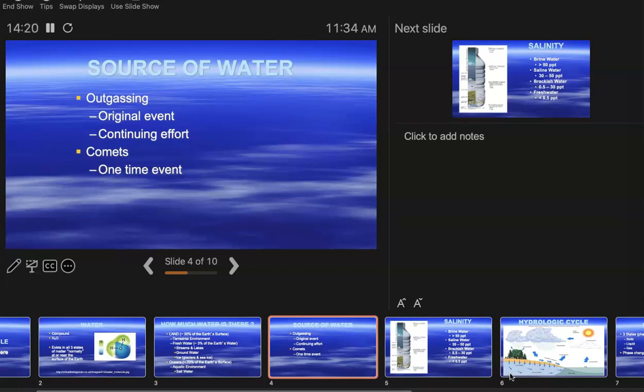There was a period in time called heavy bombardment. There was just way more riffraff in the solar system than there is now. And the beauty of that is once they smash into something, they're out of the equation, right? It's one less thing floating around. So things eventually settled down. But, short story long, some folks are trying to make an argument that our primary source of our water was comets, okay? And that is a one-time event, as I said, in the sense that there was that period of heavy bombardment. Yes, comets do still come by, but thank God they don't do it anywhere near as frequently as they used to. So we're calling that a one-time event.